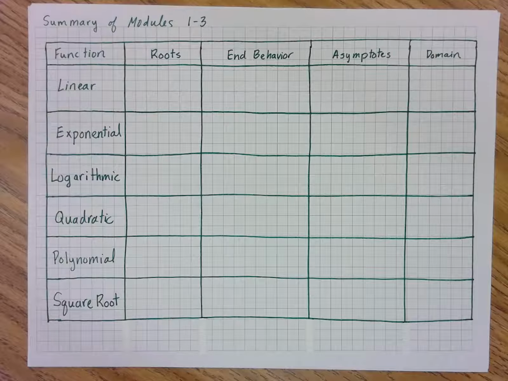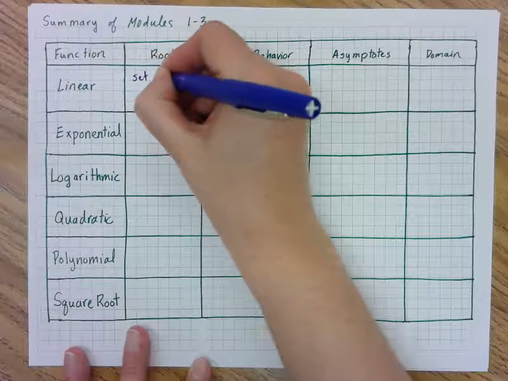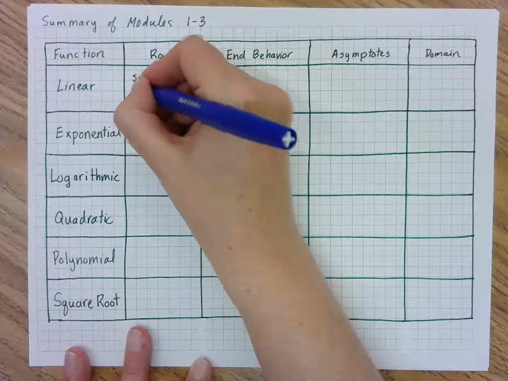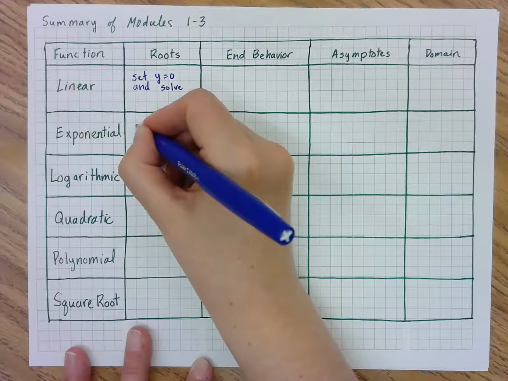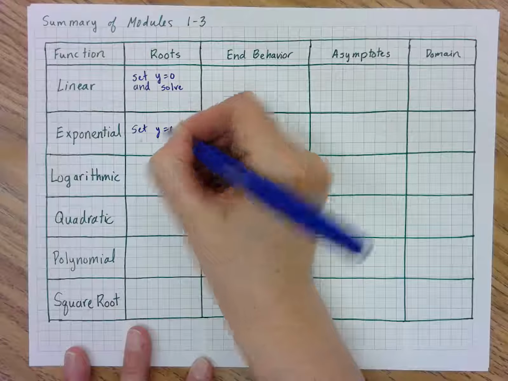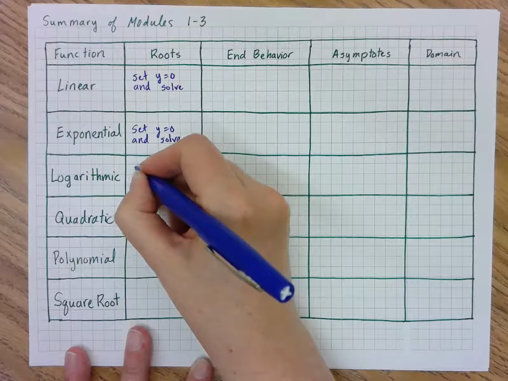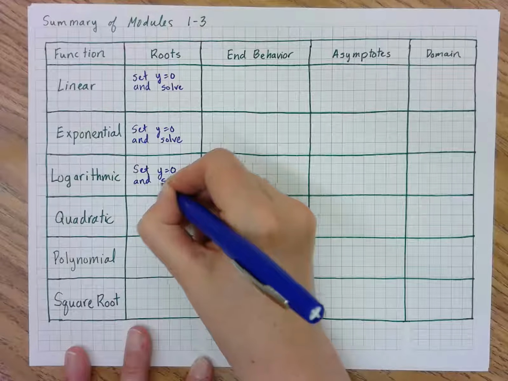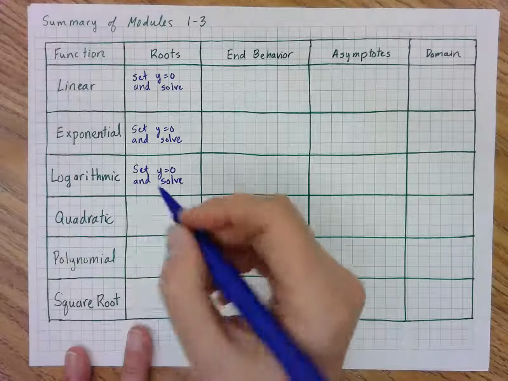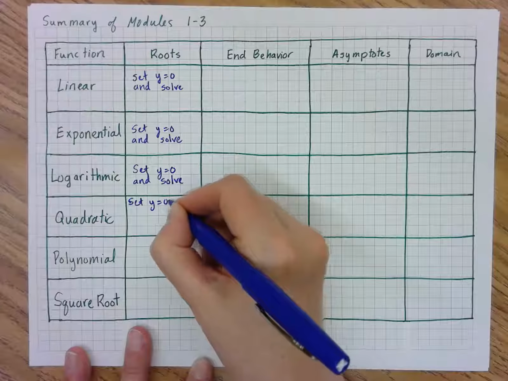types of functions. So for linear, in order to find the roots, we set the equation, set y equal to 0, and solve. And that's the same process for exponential and logarithmic. And quadratic, with one little catch,